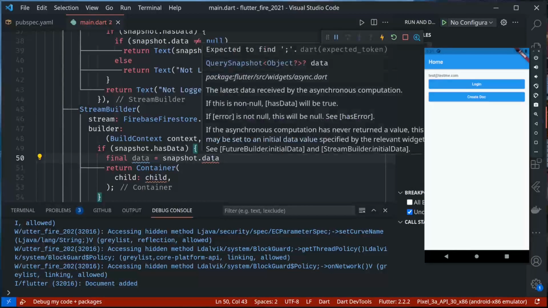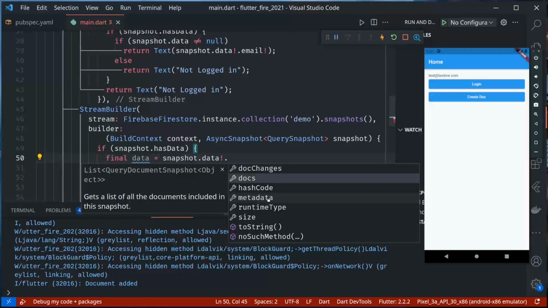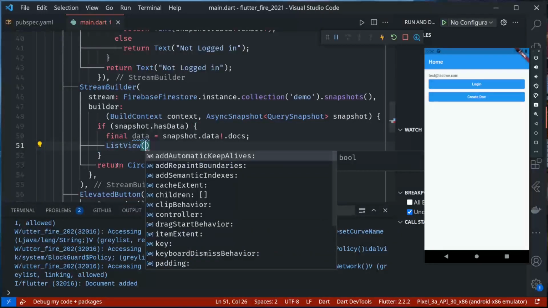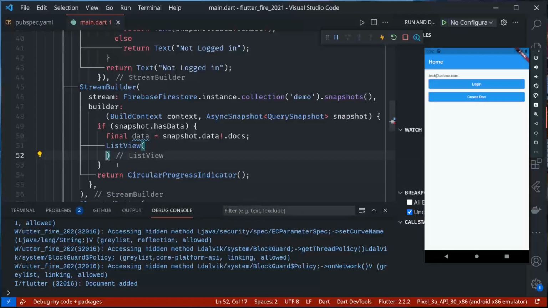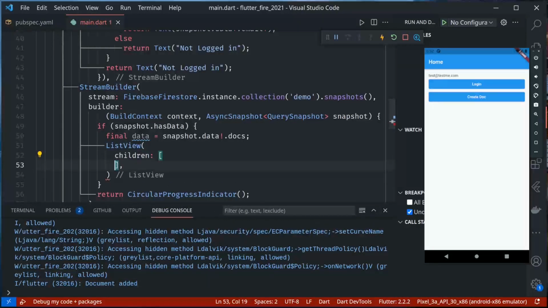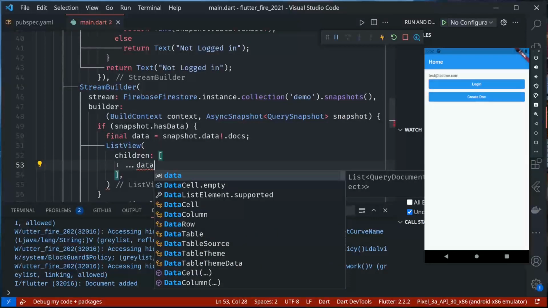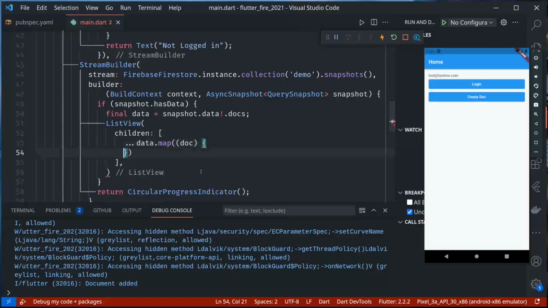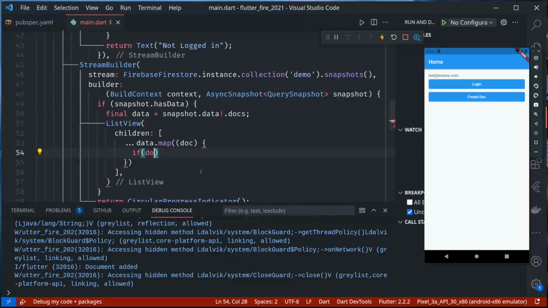So this data will be QuerySnapshot docs. Let's use ListView children, and here we'll use data.map doc, and if doc.exists